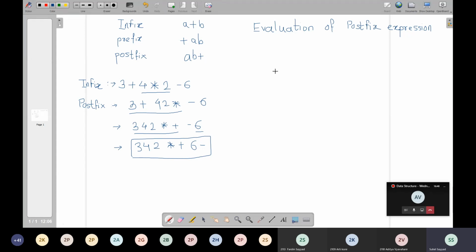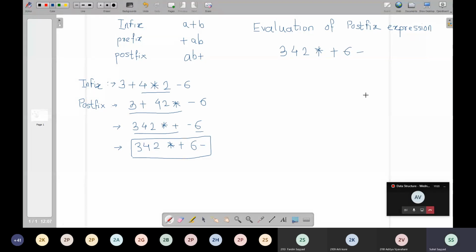So right now I have solved one infix to postfix on the left hand side, right? So let us take this particular example itself as an input to this problem. What is the input to this problem? The input is a postfix expression. Suppose this postfix expression is 3 4 2 multiplied by plus 6 and minus. So this is our input. Are you getting this?